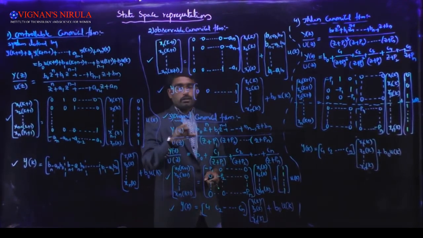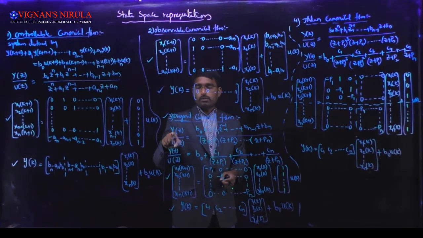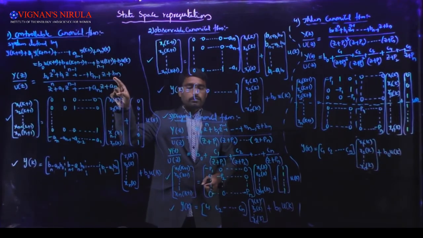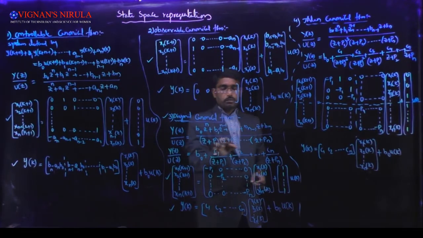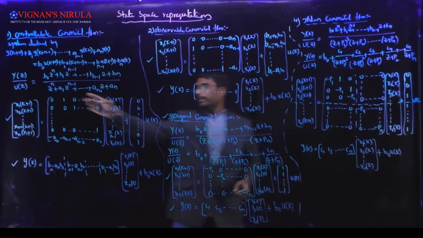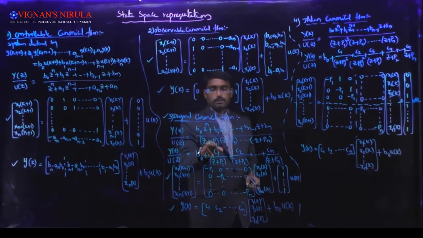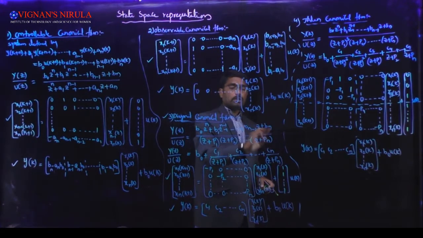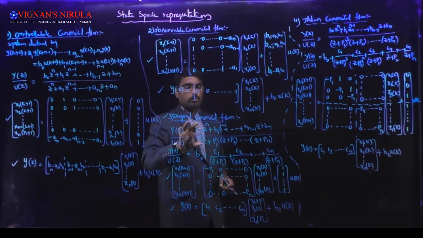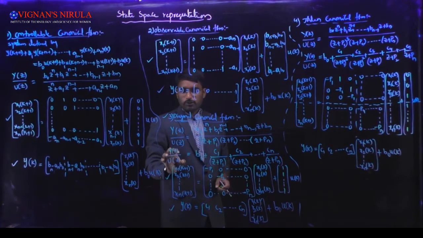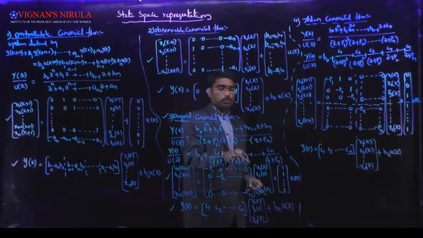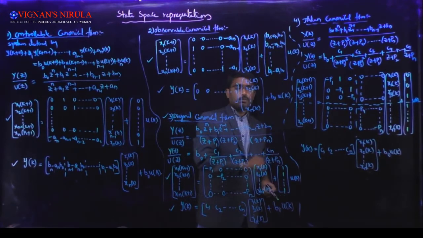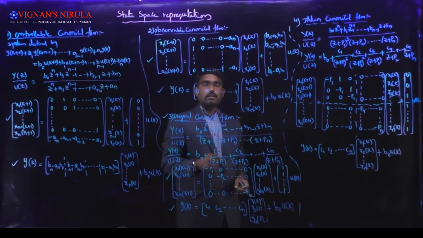In case of diagonal canonical form, this is the pulse transfer function. For this pulse transfer function, we need to obtain the partial fractions. For that, we need to write the denominator in the form of poles, meaning we write the denominator in terms of z plus p1 into z plus p2 and so on, z plus pn. If you obtain the partial fractions for this, you will get y of z by u of z as b naught plus c1 by z plus p1 plus c2 by z plus p2 plus so on, cn by z plus pn, where c1, c2 and so on cn are the constants which we need to find by using partial fractions.